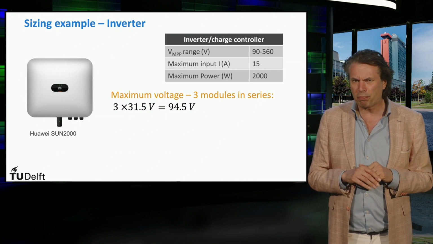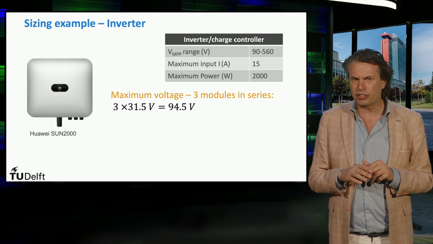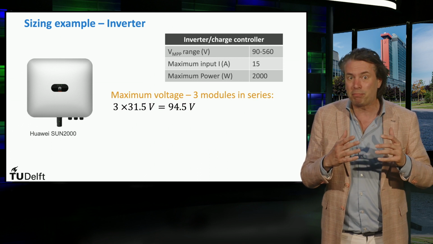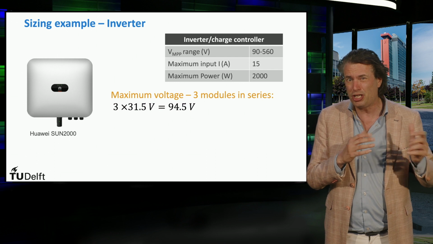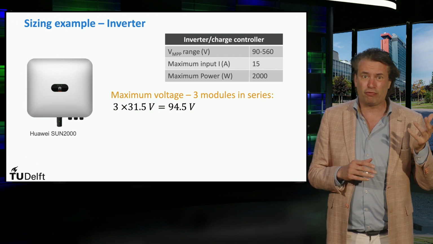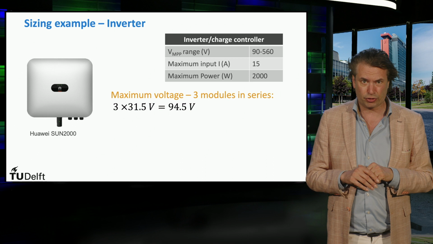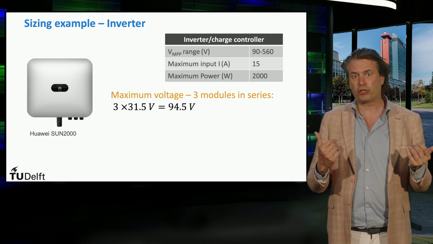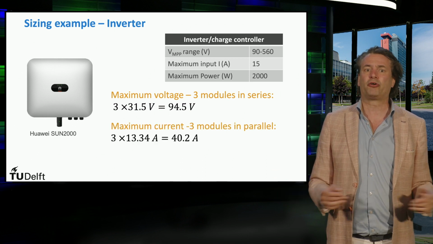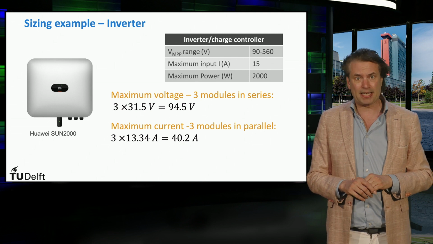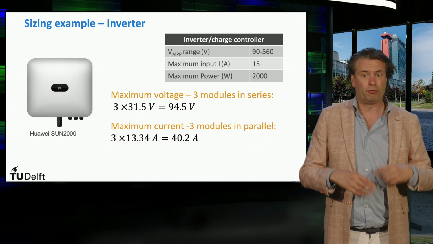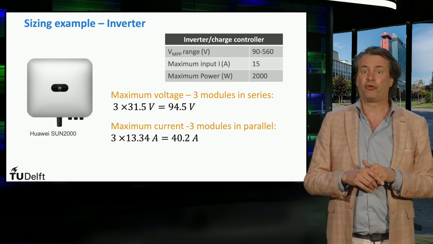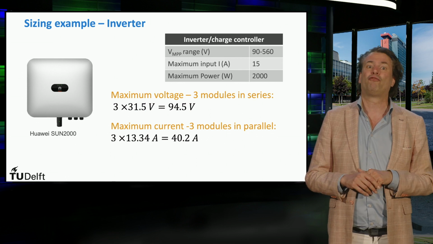If the modules were operating at open circuit conditions, the maximum input voltage the charge controller or the inverter would see is 3 times 38 volts, which is around 114 volts. When the 3 modules would be connected in parallel, the maximum current at maximum power point is obtained and equals 3 times the current at maximum power point of the module, which is 3 times 13.34 amps, which is 40.2